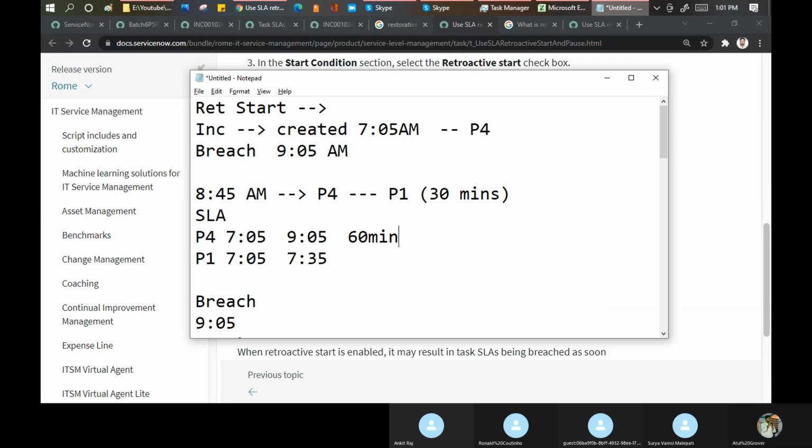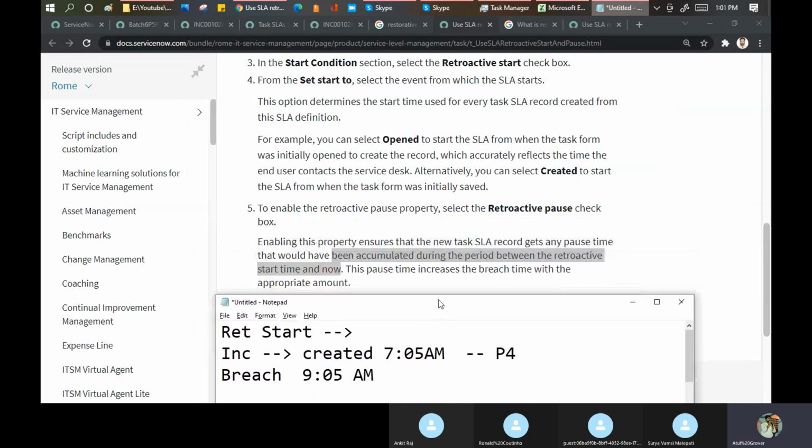Okay. At 8:45, I am changing my priority to P1. Logically, it is going to be a breach, right? Yes or no? Yes. Right. So what do you mean by the retroactive pause here?